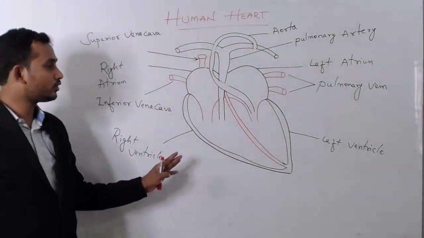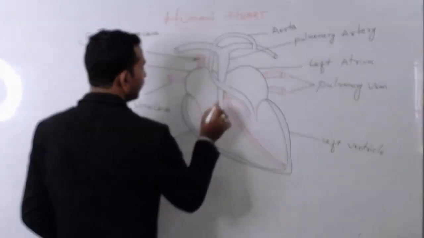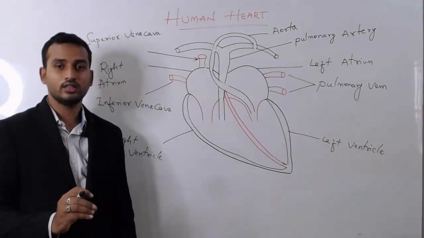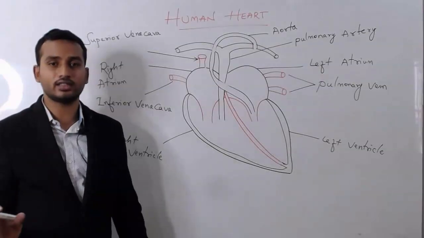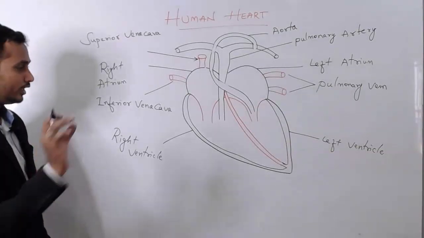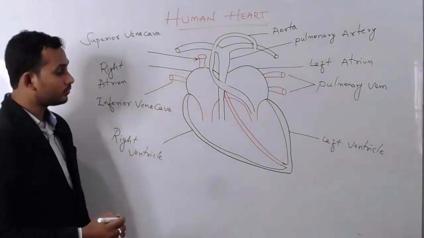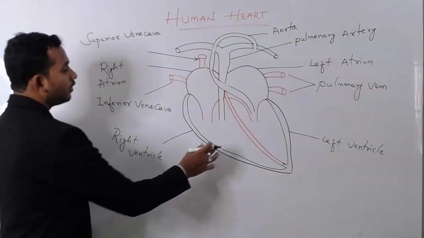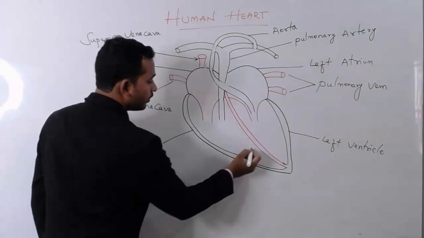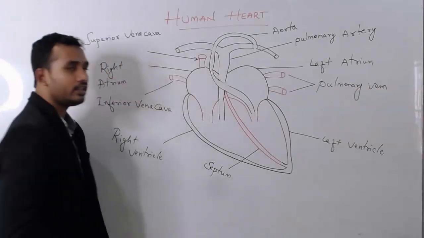I hope you all have understood this figure, how to draw and how to name these parts. It's very simple. If you draw these things just 2 or 3 times, never in your life you are going to forget this part. Okay, I will show you in short how you are supposed to draw in 1 minute. Can you see here one more line which I said, the line which is dividing the heart into 2 chambers. So this line is called septum.